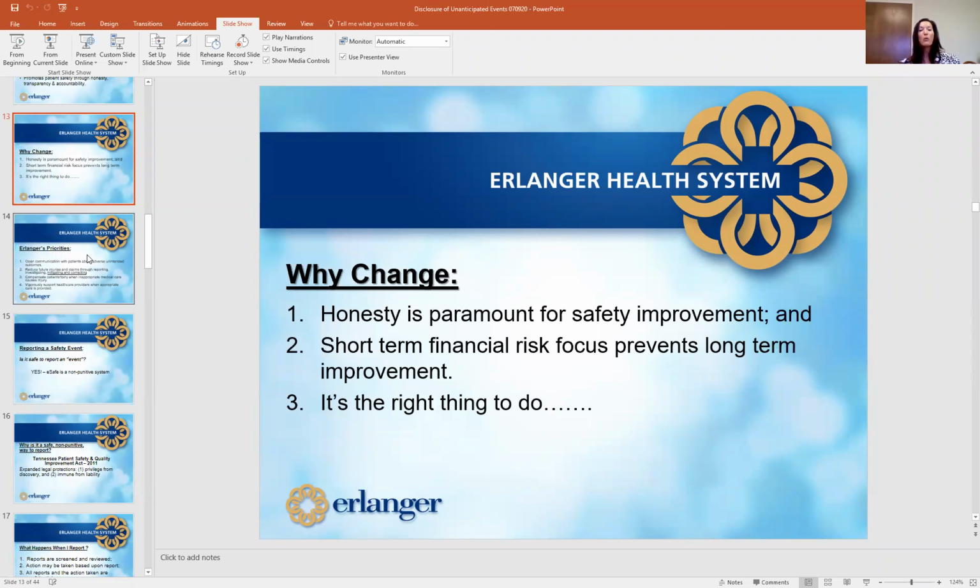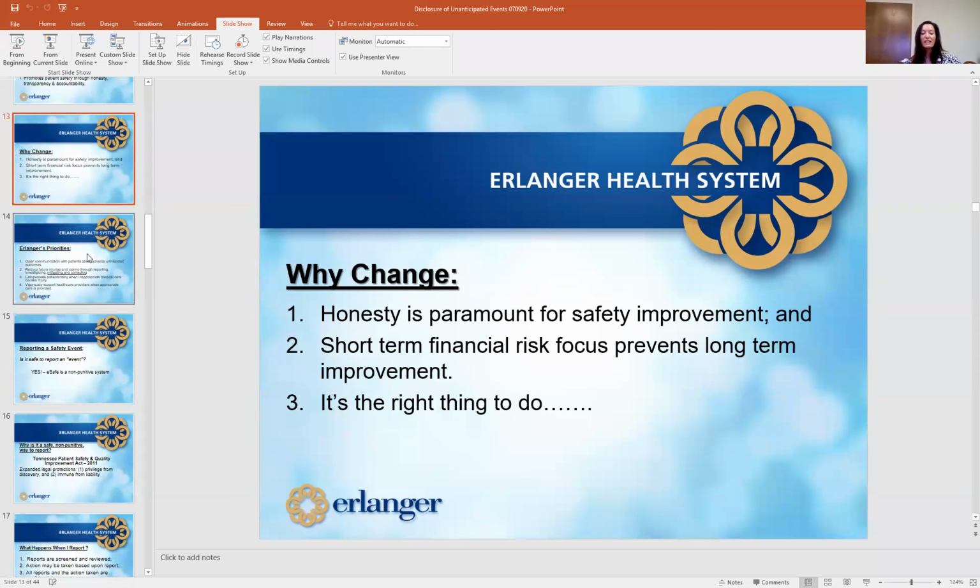Versus saying, wow, we really need to look at the whole forest and stop staring at the trees. We need to look and see what can we do to improve healthcare as a whole. What we know is that adverse outcomes are a reality of medical care. If you're involved in this field, you will see it. You will see unanticipated events happen.